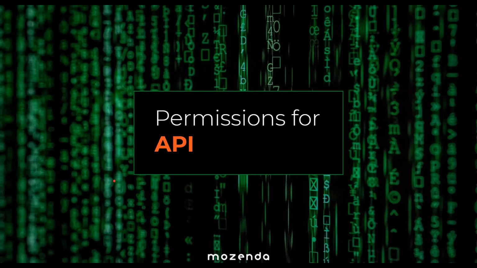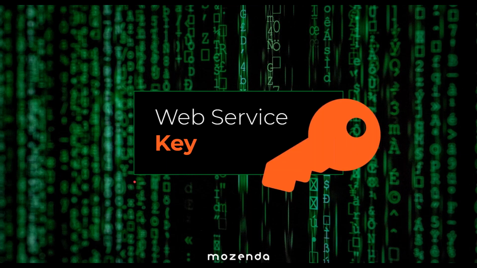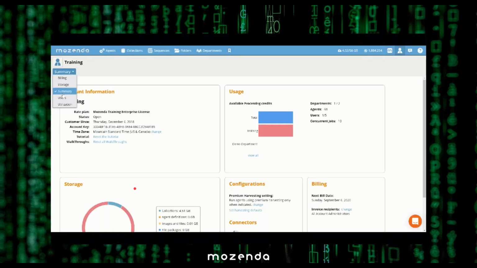But there's something unique about your API URL. If everybody just had a URL to access anybody's database to get your data, then it could get pretty rowdy really quickly. So we have permissions for APIs called your web service key. This is a unique set of characters that are given to your account. If you don't know where your web service key is, then just log into your account, select summary,